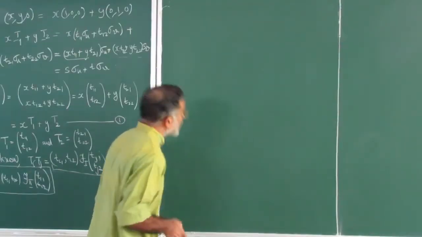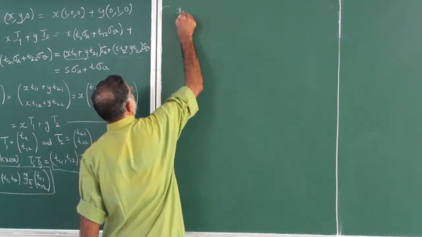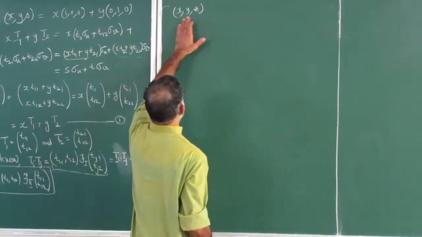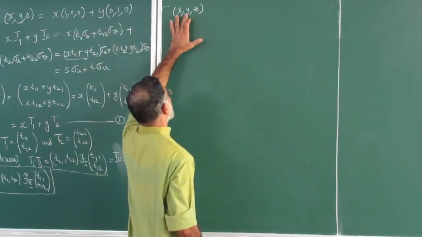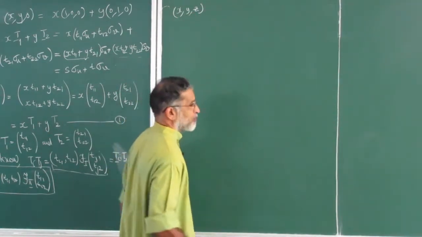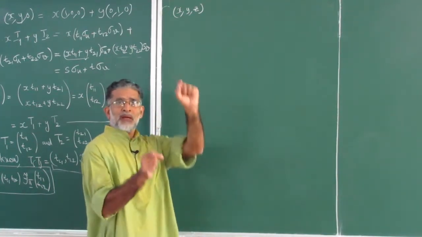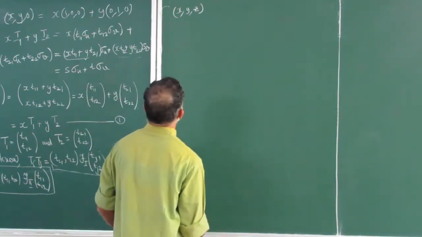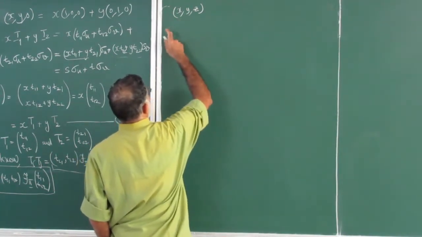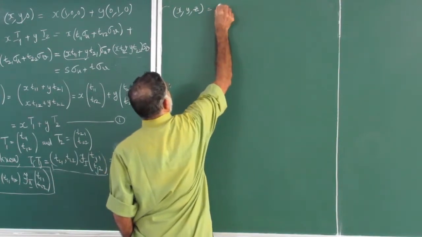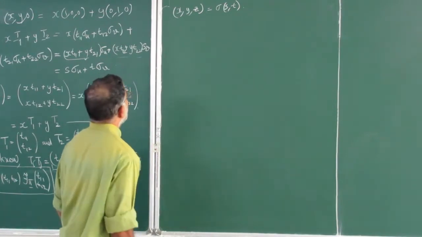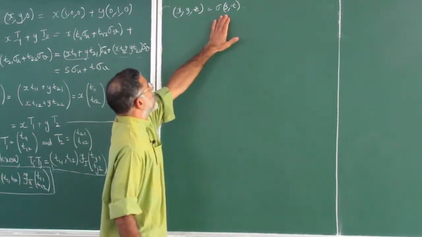Now let us look at the surface. A point on the surface would look something like this in the coordinates. If you want to find this, x and y are on the xy plane, we know how to manage that. You have to get the third coordinate, and that will tell you, given xy, what your third coordinate is. This is the idea. So how do we do it? What we do is, this point we call some sigma of s, t. Any point on the surface will be of this form.